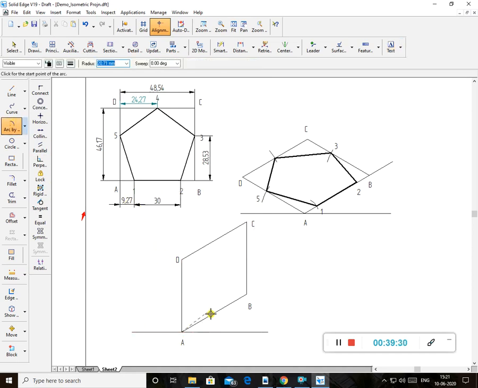From here I'll mark 9.27. I draw the arc. From here I'll mark how much? Sorry, I'll take the line. Don't take the midpoint here.